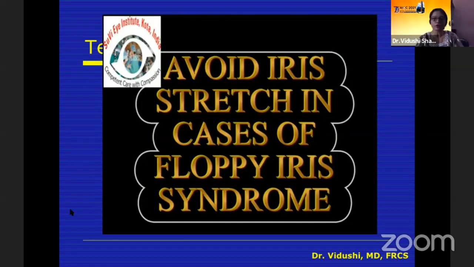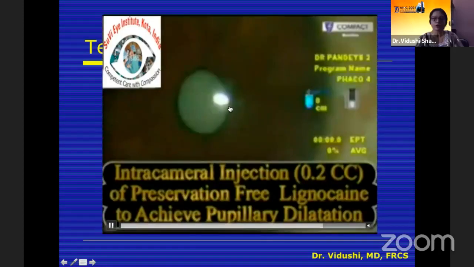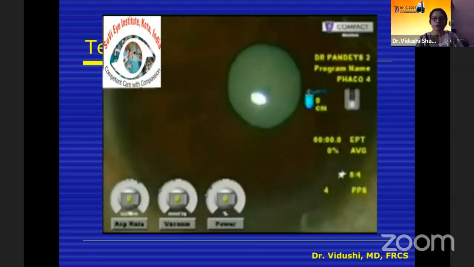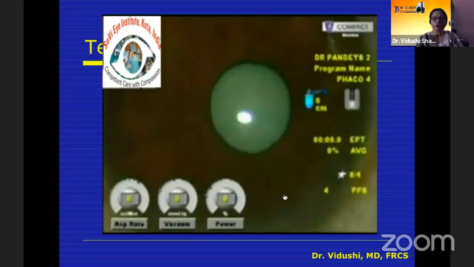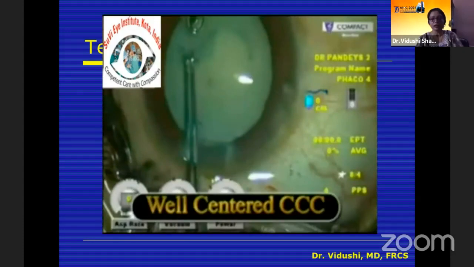Now, intracameral pharmacological agents like lignocaine, etc. This is a very small pupil. This shows for demonstration purposes that as you inject intracameral preservative-free lignocaine in this case, the pupil dilates. But this, of course, is a temporary pupillary dilatation. We also have other ready-made injections that are coming up, like Phenocaine Plus, etc., which can be introduced into the anterior chamber, and they cause good pupillary dilatation, and they can be re-injected whenever the pupil comes back to its normal position.